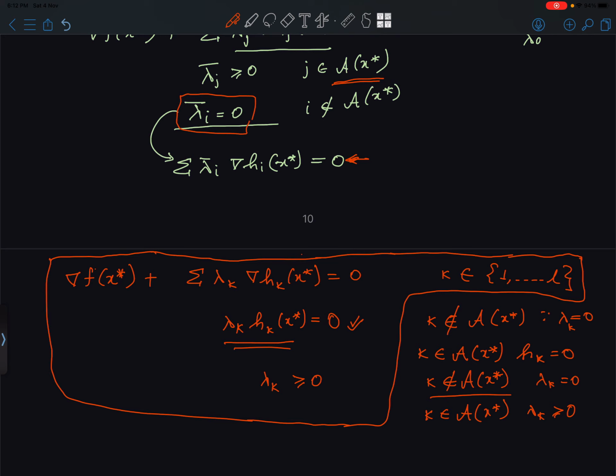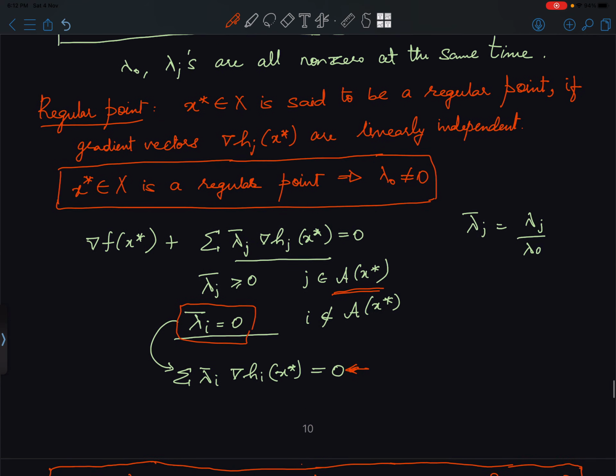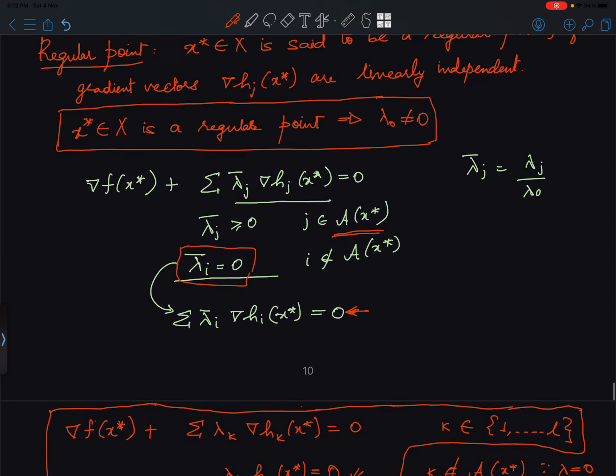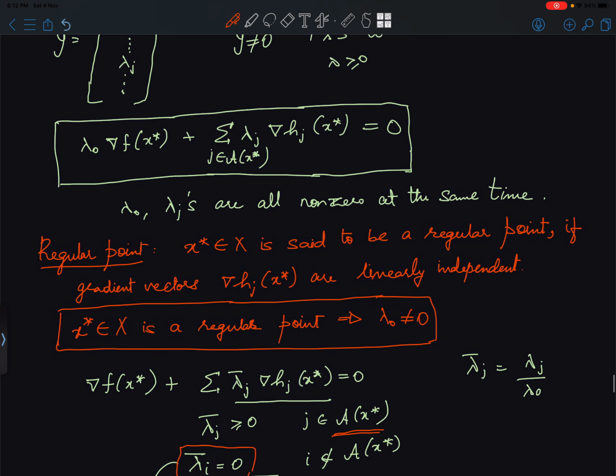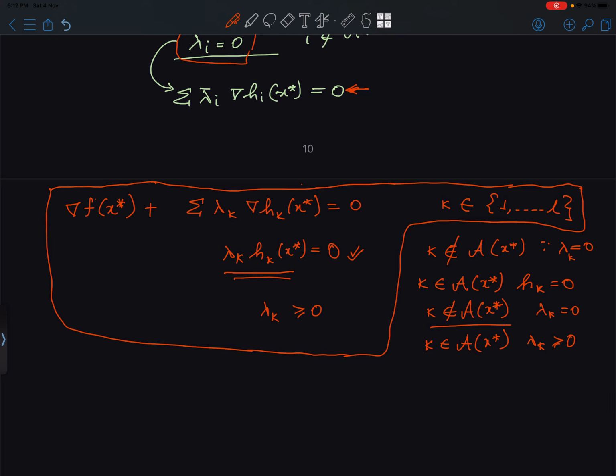Okay, we'll see all these things in much more detail. Make sure that you properly understand this. Till this particular time we were just considering all the lambdas which belong to the active set, and now here we are considering all the k's in the constraint set actually. Okay,